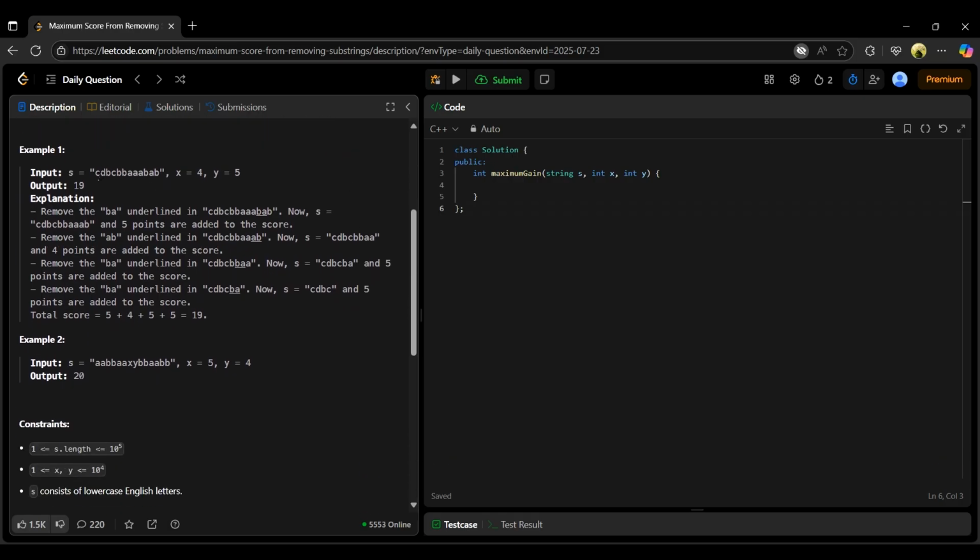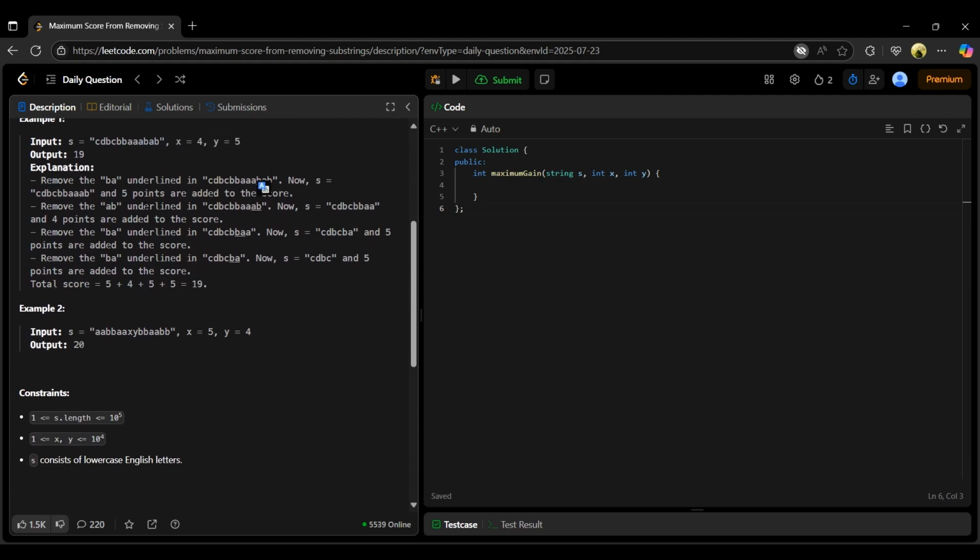So we can see example one, in which we are given the string CDBCBBAAABAB, and we are given the points x and y, where x is equal to 4 and y is equal to 5. So we have to choose in which order we have to remove the substrings, whether AB first or